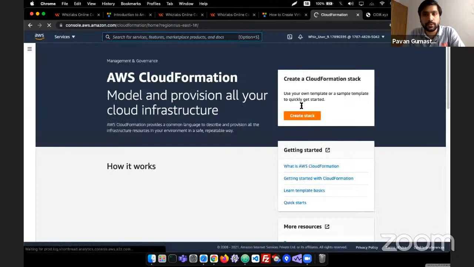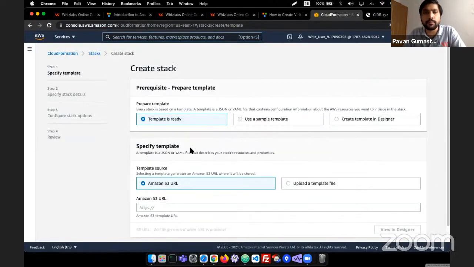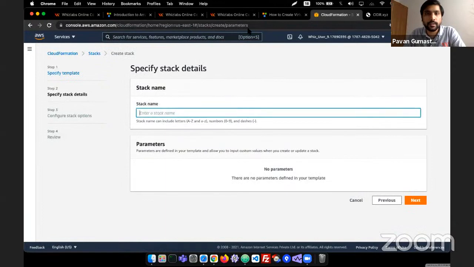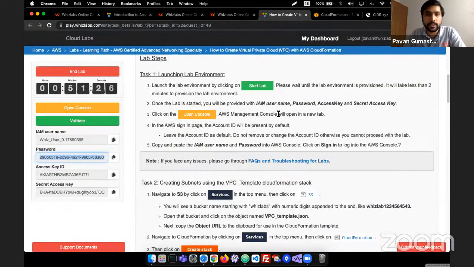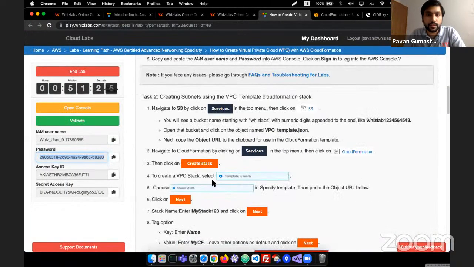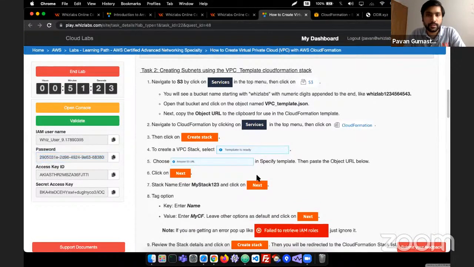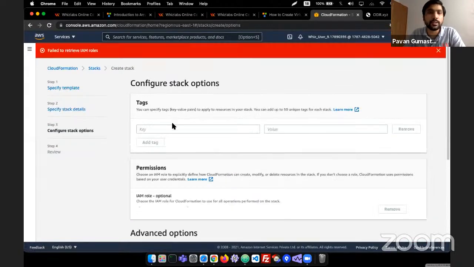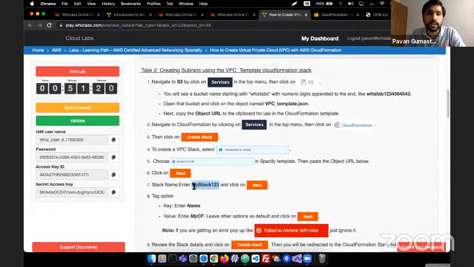Okay, so let it load. Okay, I'm just going to create just like the previous lab. I'm just going to paste it here. Then I'm going to click on next. I'm just going to see what is the name they have given. Okay, so you can give any name. There is no reason. I'm just following the lab which is given here. And then I'm going to give a name,